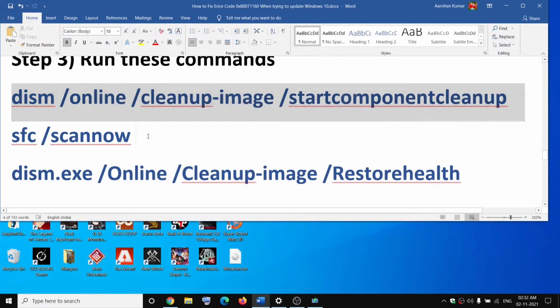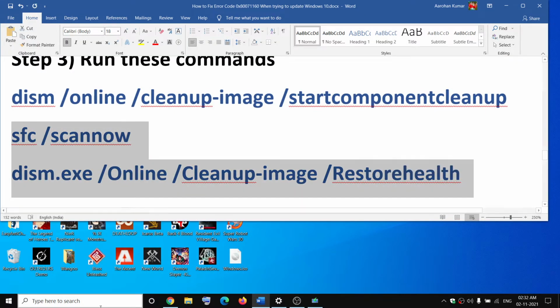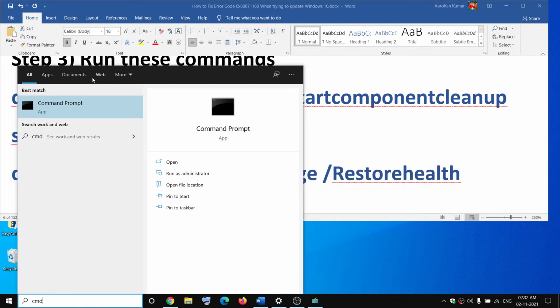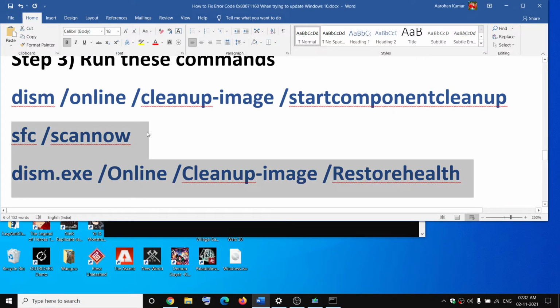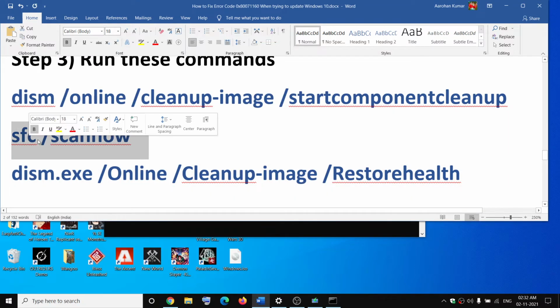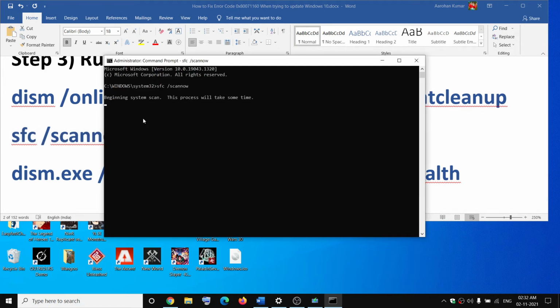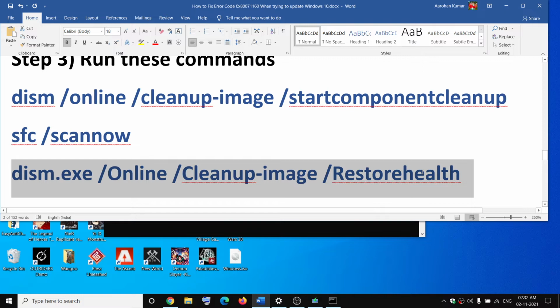Now if you are still receiving the error message, in that case, you can go ahead and run these two commands. So again, type in cmd, make a right click on Command Prompt tab, click on Run as Administrator, click on Yes to allow, copy the second command, paste it over here, hit the Enter key, and once this scan is 100% complete, run the second scan. So once this is 100% complete, copy this command and paste it on the same window, hit the Enter key, and once the second scan is 100% complete, restart your computer and then try to update your